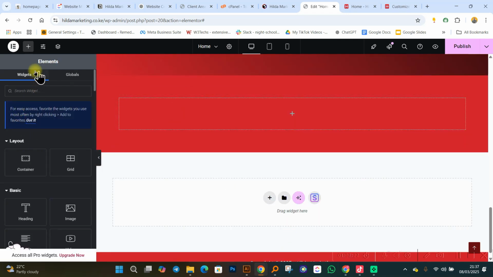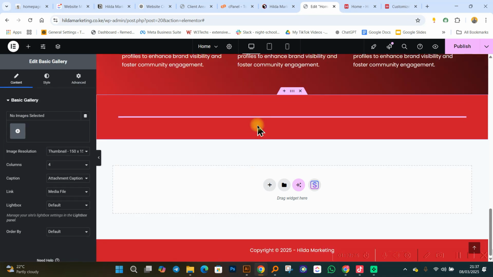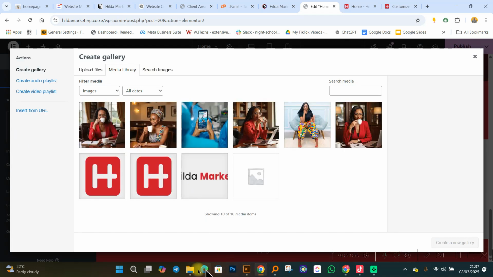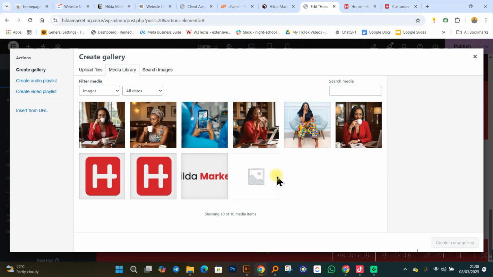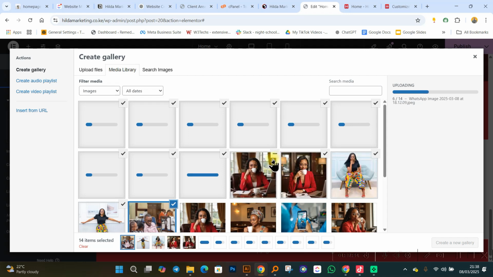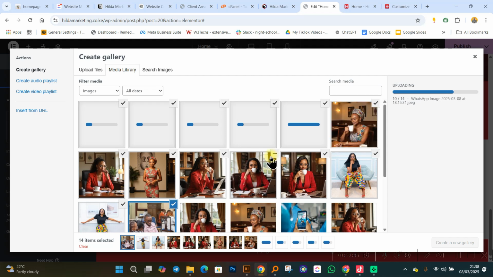I can come and add something we refer to as a gallery. So this is a gallery. I'm going to drop it over there. So a gallery has your images, all your images. Let me upload all these particular images, all of them. You can create a gallery full of images very easily using WordPress. So all these images can be things that represent you, all right?